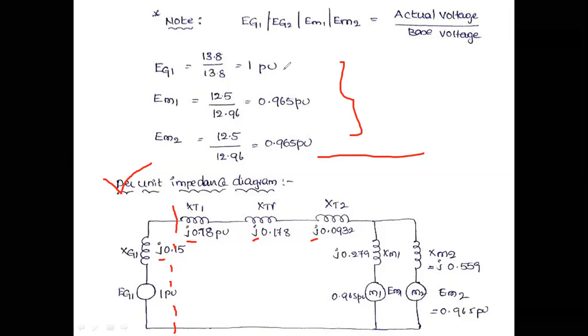Later, if you are substituting the value of the reactance in the per unit impedance diagram, obviously you must consider the J. Please don't neglect and don't forget to write this J. If you forget this J, obviously your problem will not be correct. So XG1 is equal to J 0.15. Similarly, the transformer is replaced with a single reactance, and likewise the reactance of the transmission line, the reactance of transformer 2, and the motor 1 and motor 2 sections. Now with this, the per unit impedance diagram has been completed.